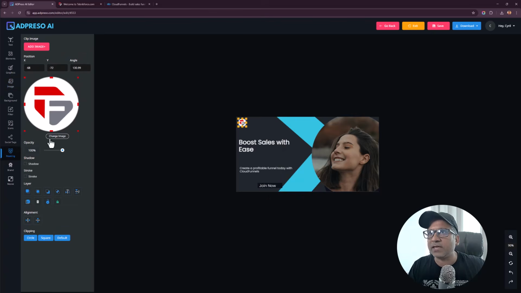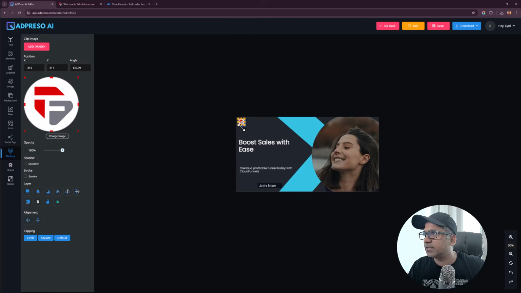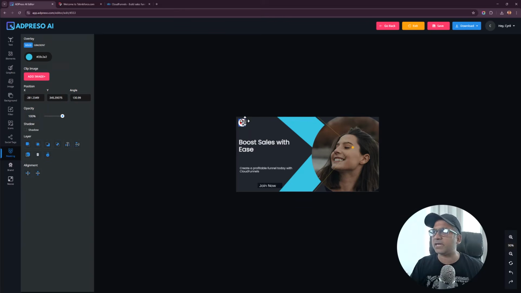I'm trying to see if I can resize it. I can change it, of course, but can I resize it? So this is to crop it, to crop the visual. I think I don't want to crop that for sure. Position, Y, angle, and there is opacity. I don't want to change the opacity. 100% is fine. You can put a shadow effect, stroke it. Somehow it's actually resizing in that available window. So probably that's the window size available to me. So only in that window size I can resize. Anyways, I'm done here. So save it